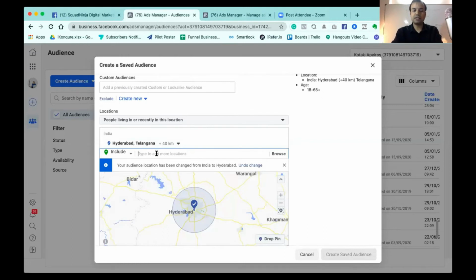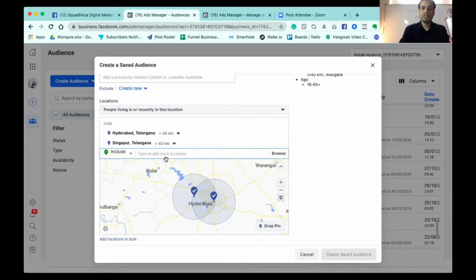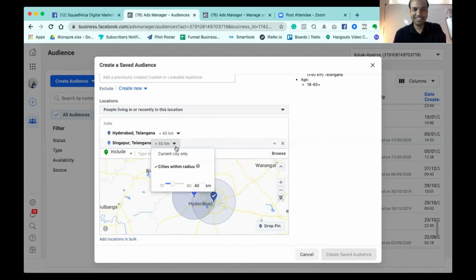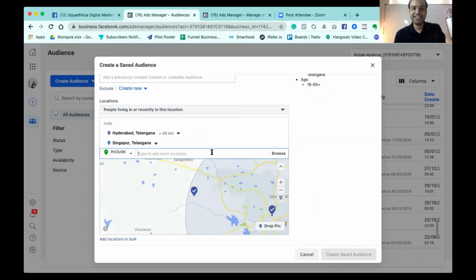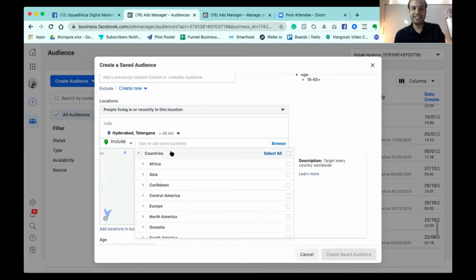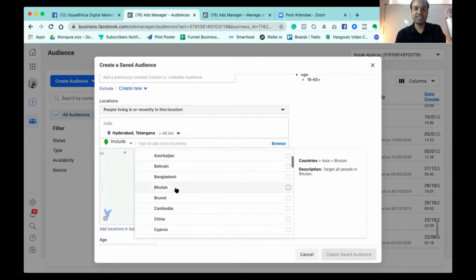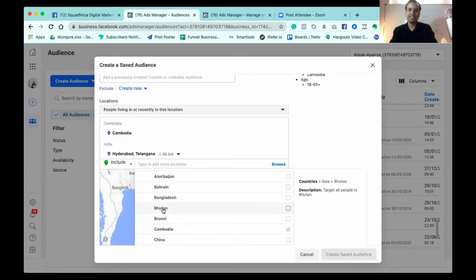Similarly, you can select different countries also. I want to select Singapore. Let me select from here. Let's select some countries, maybe Cambodia. Whatever you want, you can select it.